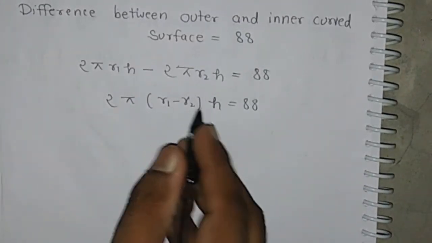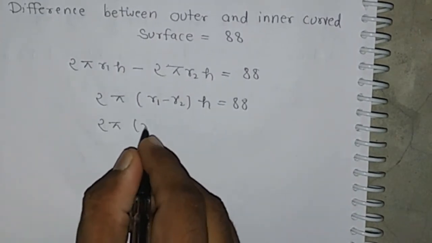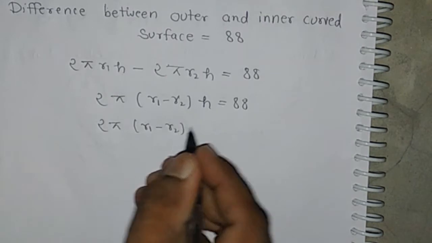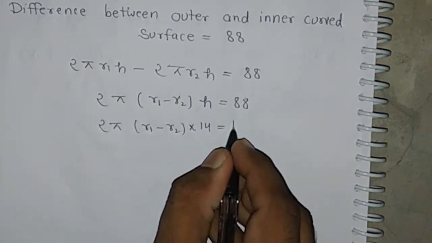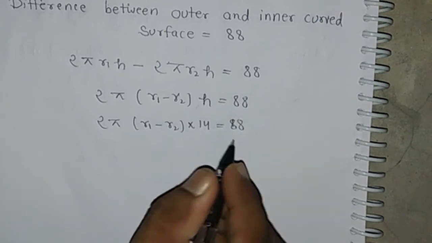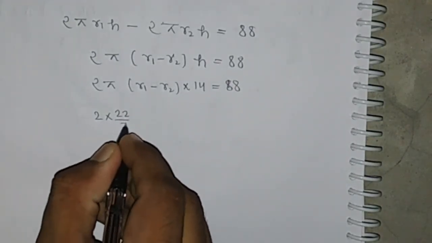Then the value of H is given, 14 cm long. We have 2π(R1 minus R2) and the value of H is 14, equal to 88. Put the value of π, 22 by 7, which is given,